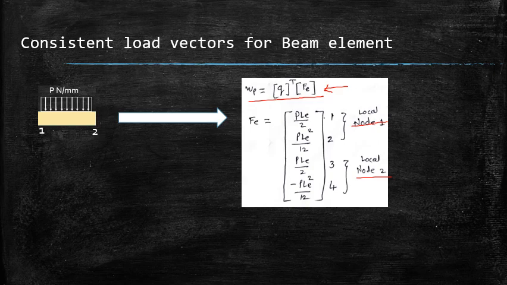So again, this is only a change in the way of writing the work potential. Rest of the things are the same. So here again you can see the UDL has been broken into two parts: force, moment, force, moment. F1 M1 corresponds to force and moment for local node number 1, and F2 M2 corresponds to force and moment for local node number 2.